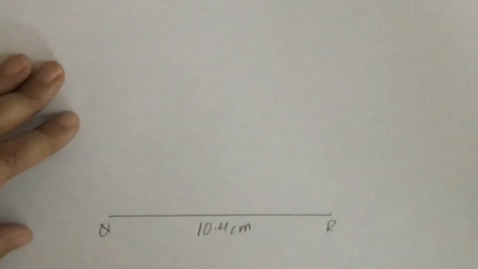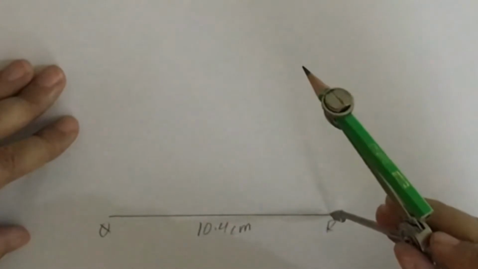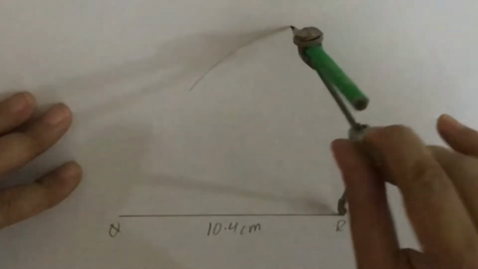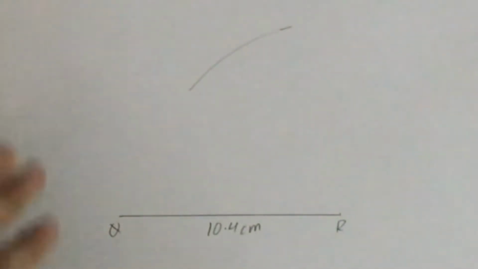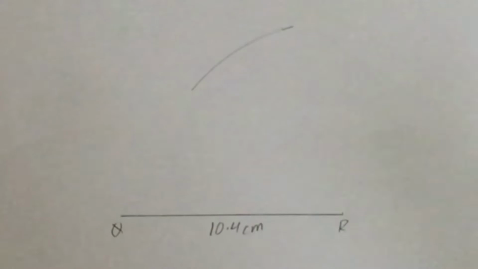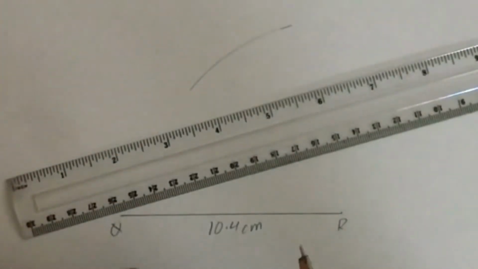As PR is 9.2, but we don't have P in the base, so we shall take RP. From R we shall draw this arc 9.2. PR and RP are the same. We don't have P in the base, so we shall take an arc from R to P. The other arc is from Q to P. It is PQ, but we shall take from Q to P, and that will meet the first arc at P, and we shall have the point P there.